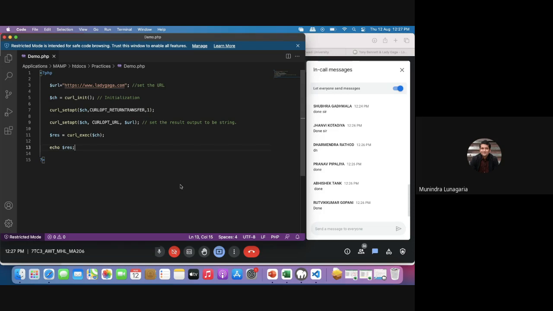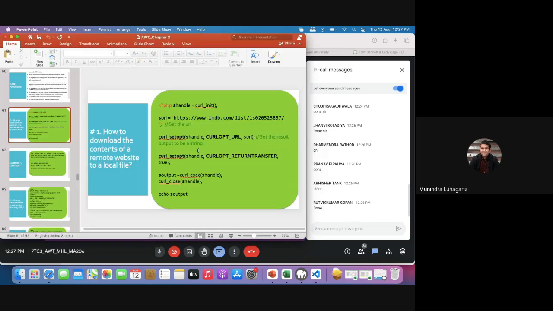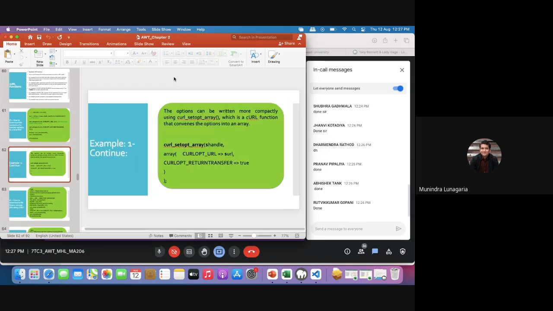Fine, so let's move to the next. The options can be written more compactly by using curl_setopt_array. You need to set up that particular array, which calls a function that converts those options into an array: curl_setopt_array with $handle, CURLOPT_URL, and CURLOPT_RETURNTRANSFER equals true.